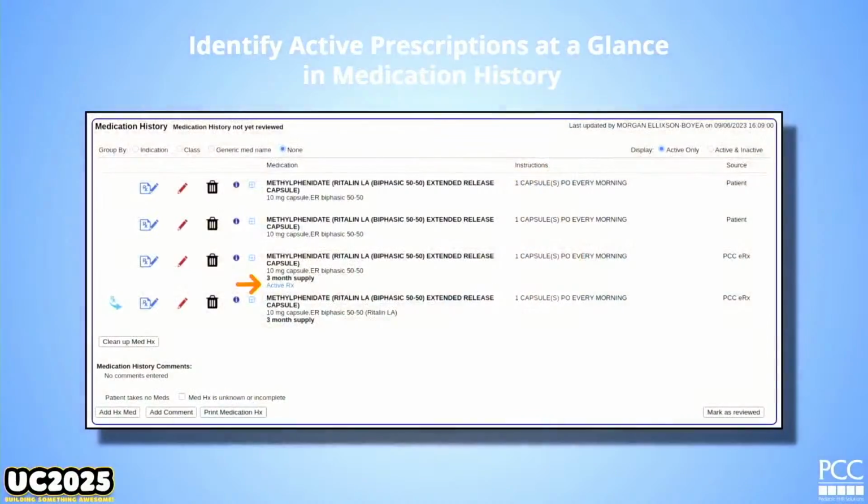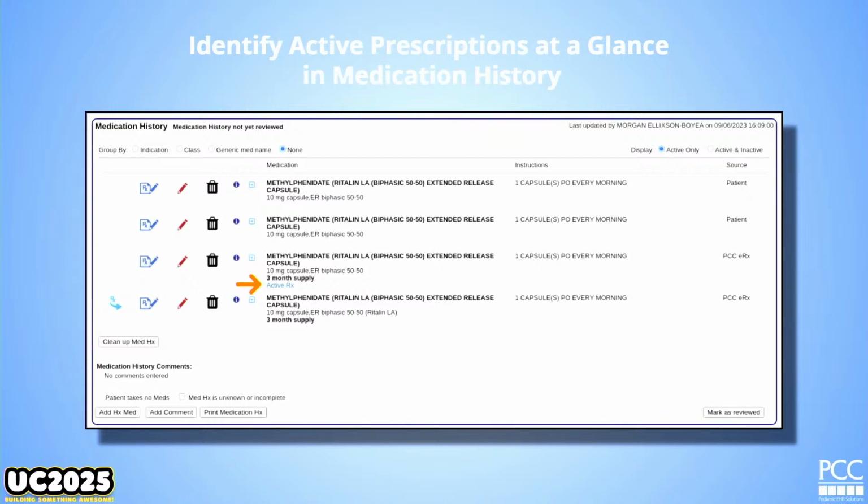One other thing, in case you missed it, we added in the last couple of years this active RX indicator. This was in response to messy charts, and those weren't your fault. There was an easy way to over-duplicate all this stuff. Every month when you would renew, refill, or rewrite it, you would end up with a whole bunch of stuff, and you're like, what is going on?